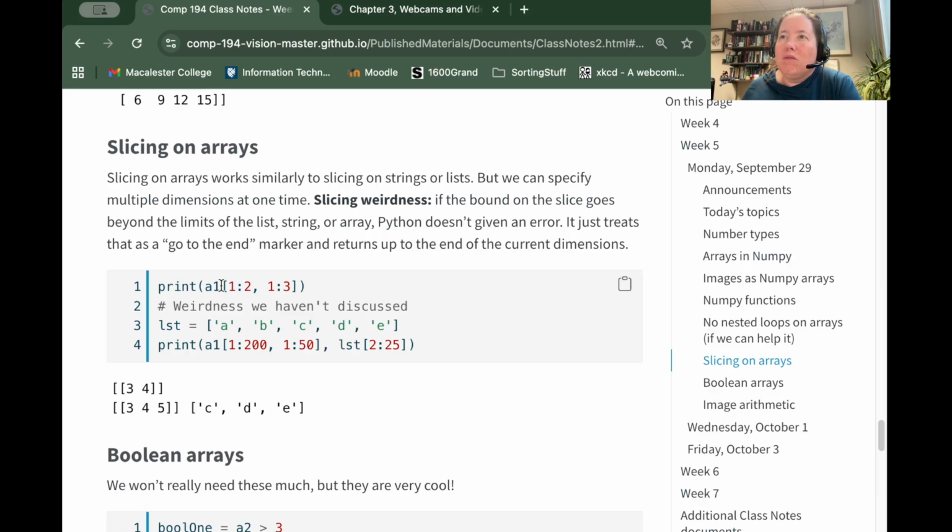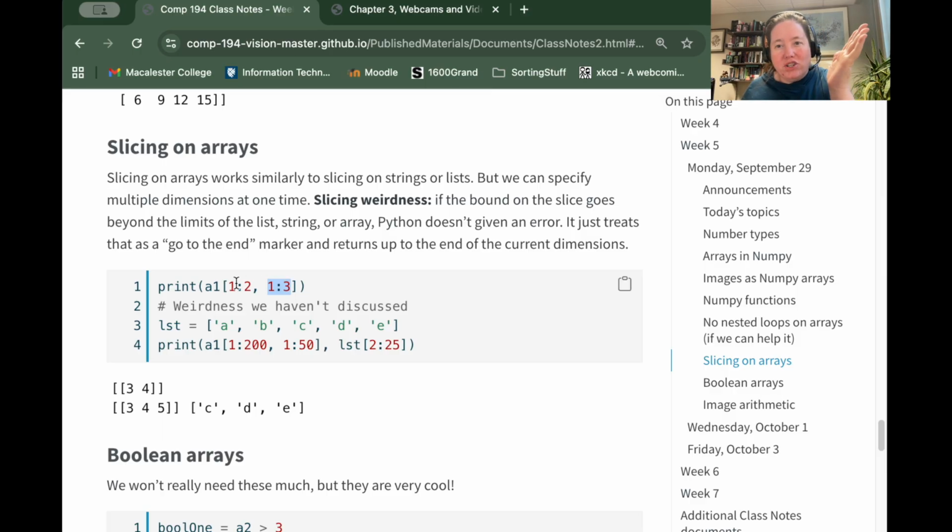So what we can do when we're slicing with arrays, we give the name of the array and we have the square brackets. You can actually use selection with arrays as well, and I'll do some examples in a moment. But for each dimension that the array has, you can use the colon notation as we've learned it so far,